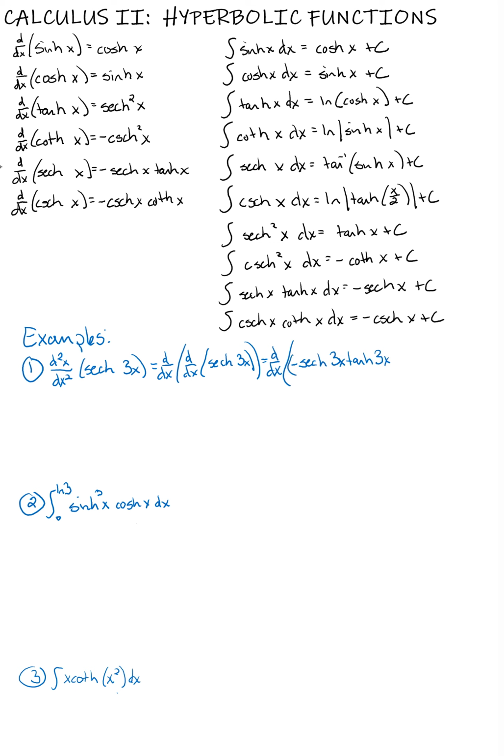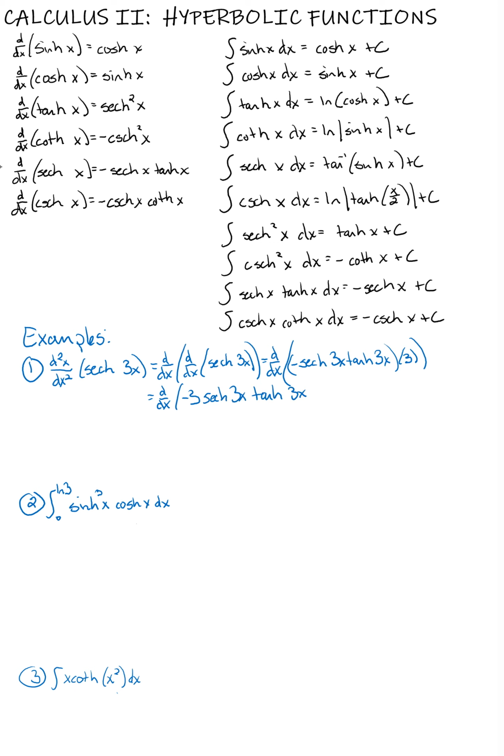But chain rule says I need to multiply by the derivative of the inside function. In this case, 3x is my inside function. Its derivative is 3. So we end up with negative 3, I'll just move the 3 to the coefficient, negative 3 hyperbolic secant of 3x times the hyperbolic tangent